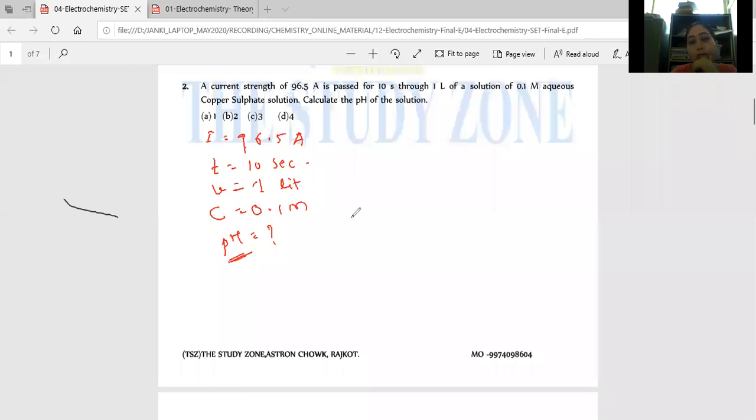Okay, Harsh, if I change the copper sulfate aqueous solution to a diluted aqueous solution of copper sulfate, what would change in your answer? Instead of aqueous solution, if I write diluted aqueous solution, then what could be the change in your answer, Harsh? Should I say that in diluted aqueous solution we always get the product H2 and O2? When we have the word diluted aqueous solution, electrolysis of water takes place, so we get product H2 and O2.